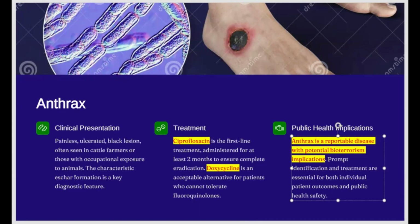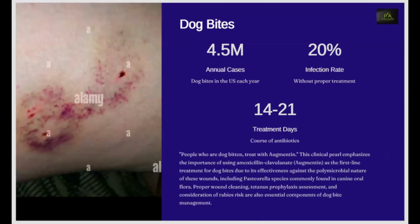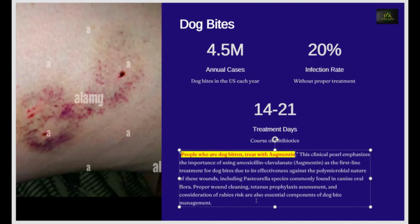So prompt identification and treatment are essential for both individual patients and the public. It's a reportable disease. Now we have dog bite. What do you need to remember about dog bite? People who are bitten by dogs are treated with Augmentin. Some say dogmentin. Another important thing is that we give them tetanus,